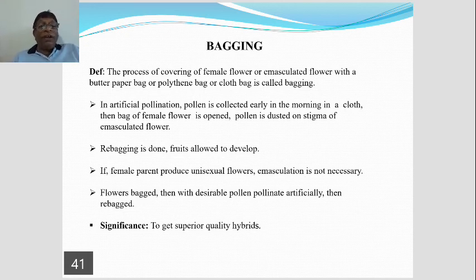What is the significance of this artificial hybridization? Artificial hybridization is carried out to produce superior quality hybrids. Remember, superior quality hybrids means